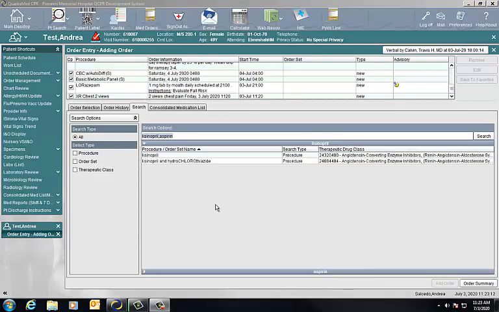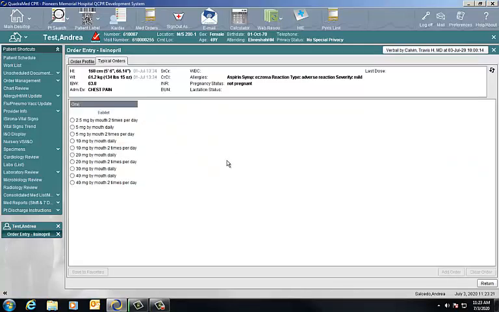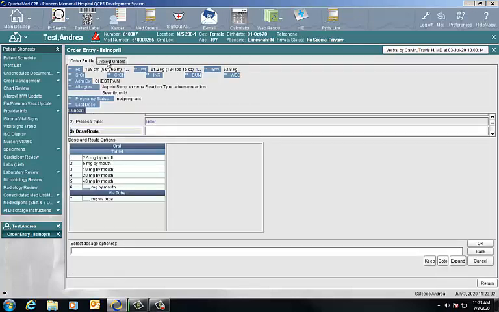When ordering medications, you may or may not want to use the typical orders screen. For example, I'm going to go into the Cinepril, and my only options are for an oral route. I'd like to be able to give this to the patient via tube, so if I use the order profile tab at the top, right next to the typical orders, it then allows me to build out the order the way I want. So if I want this to be administered via tube, I've got an option here, number 7,